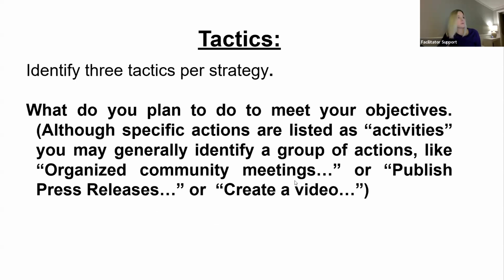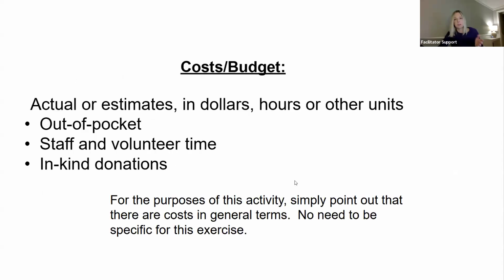And tactics are just those actions. So anything from sending a press release, creating a video, having town halls, doing blog posts, any of those things can be tactics. There are so many different types of tactics out there. And then costs and budget. Just having an understanding of what the budget is, walking through it. Of course, you need to know what a budget is, but I don't think it's something that people are doing deep dives in. We're not accountants, but just being able to understand what it takes to run a campaign from nuts to bolts is important to demonstrate that knowledge.